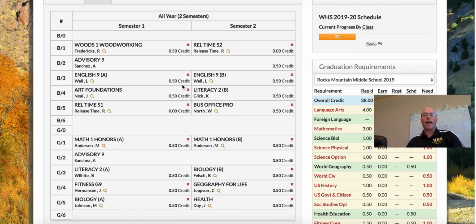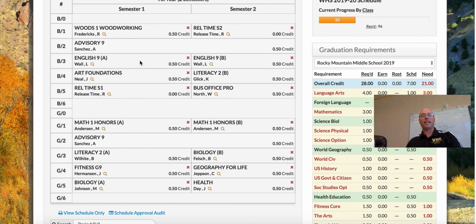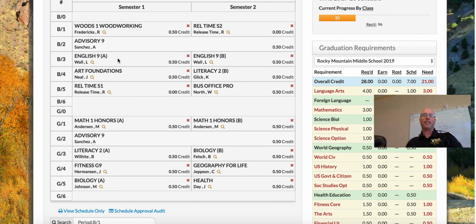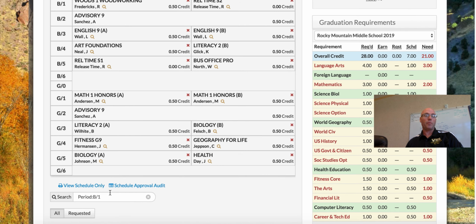Now, it could be a little more complicated. Let's show you what happens if you want to move a class around. That gets a little more complicated. Okay? So this student is saying to themselves, let me think. I know I'm pretty sharp first thing in the morning, and as the day goes on, I lose focus a little bit. I would really love to have an English class first period instead of third period. Is that a possibility? Well, we can come down to this search bar, we clear it, we can type in English 9,